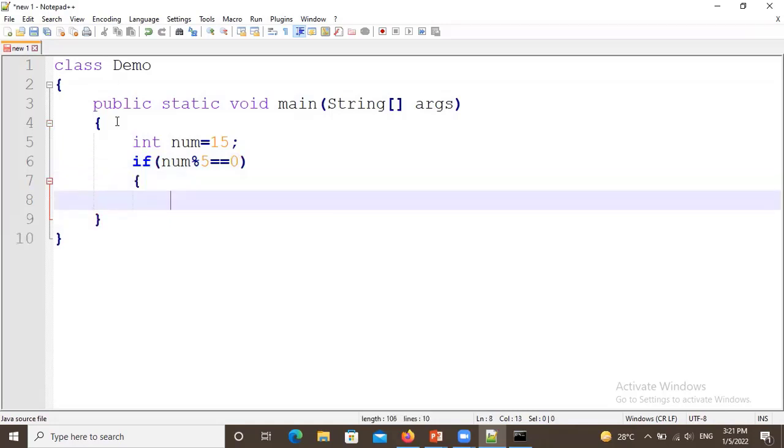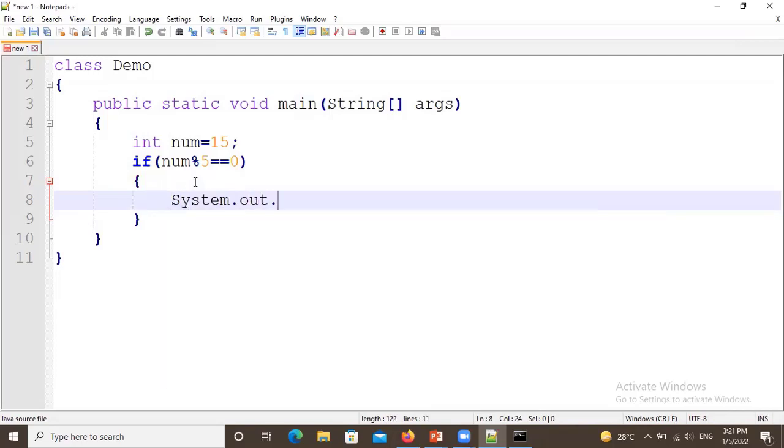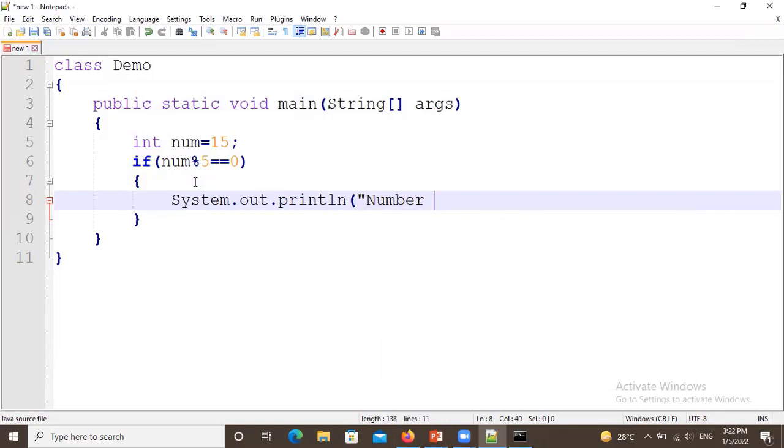And in the curly bracket of the if condition there is a message. For the message, we have the System.out.println method. Here the message is: number is divisible by 5.